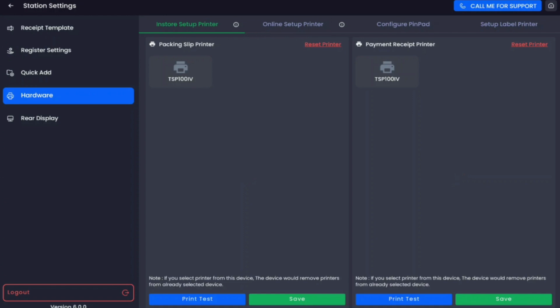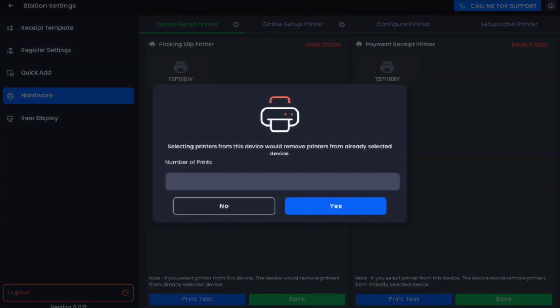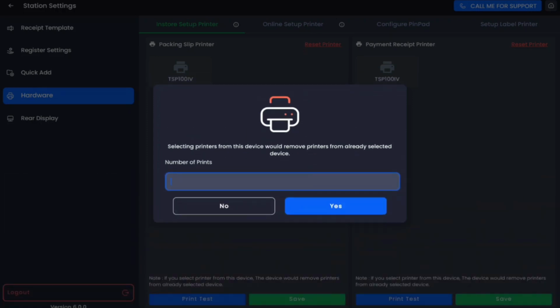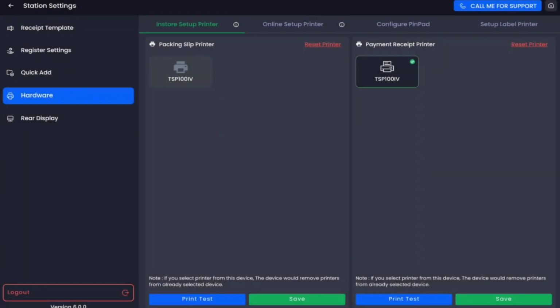You'll see 2 sections here: Packing Slip Printer and Payment Receipt Printer. To configure the printer, start by selecting the printer icon for one of the sections, such as Payment Receipt Printer. After selecting your printer, you'll be prompted to enter a numerical value for the number of prints. If you only want one receipt to print, simply click Yes, then Save, then Print Test to ensure it's working